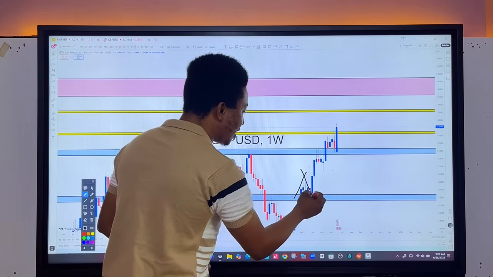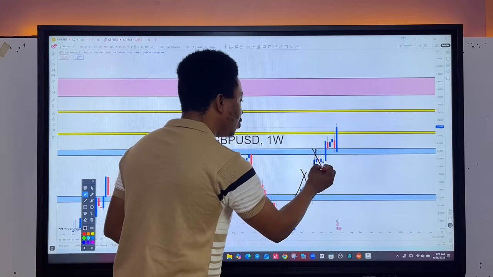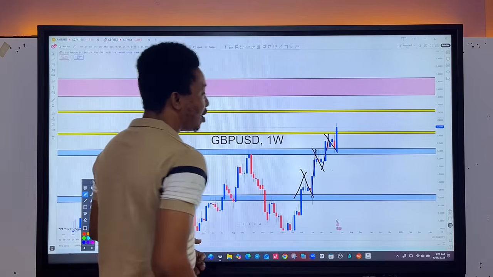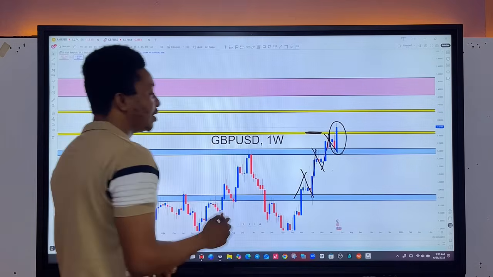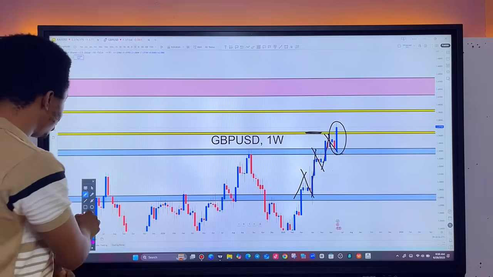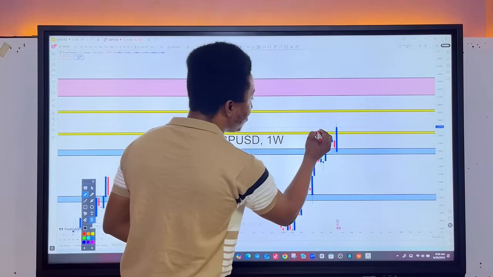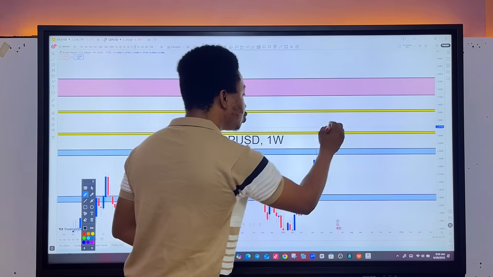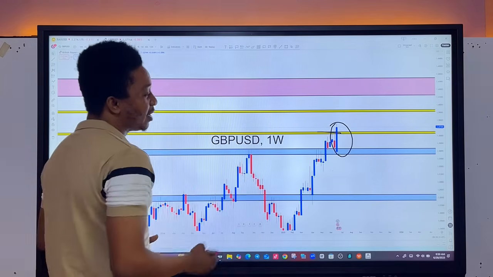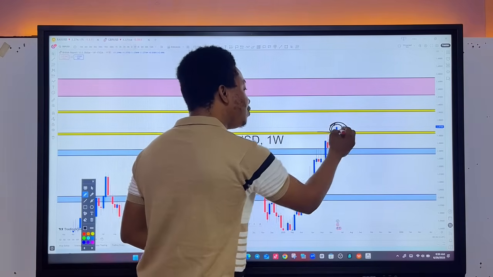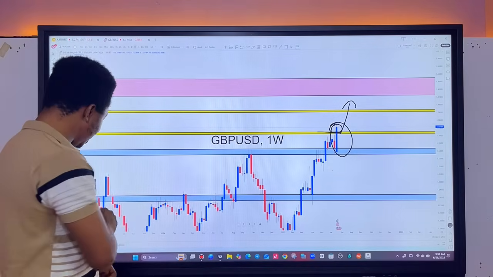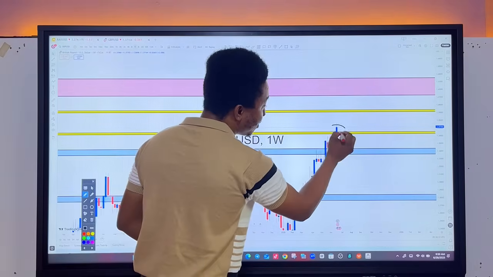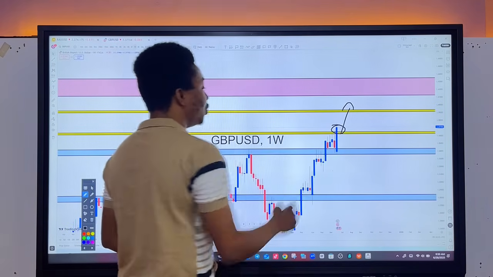Higher high, higher low, higher high again, higher low, another higher high. What happens? Strong bullish candle, which has been able to break above the weekly lower zone. So since buyers have been able to break above the weekly lower zone with a strong bullish candle, it means that you're going to find an entry above to go all the way to the upside on GBP USD. So GBP USD, you're going to pick the entry above the weekly resistance to go all the way to the